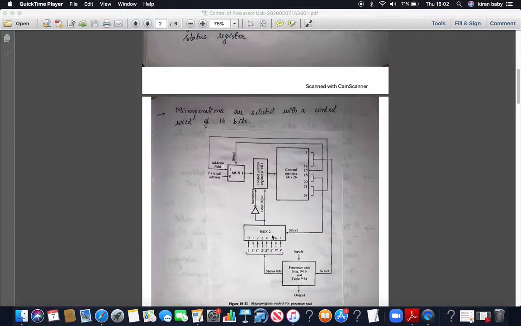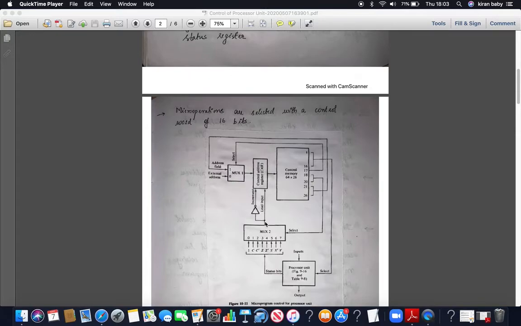Now suppose bits 18, 19, 20 are 0, 0, 1. Corresponding to 1, whatever flag is chosen, suppose carry was 0, then the selection bit is 0. If 0 is the selection bit, then you have to increment the control address register.